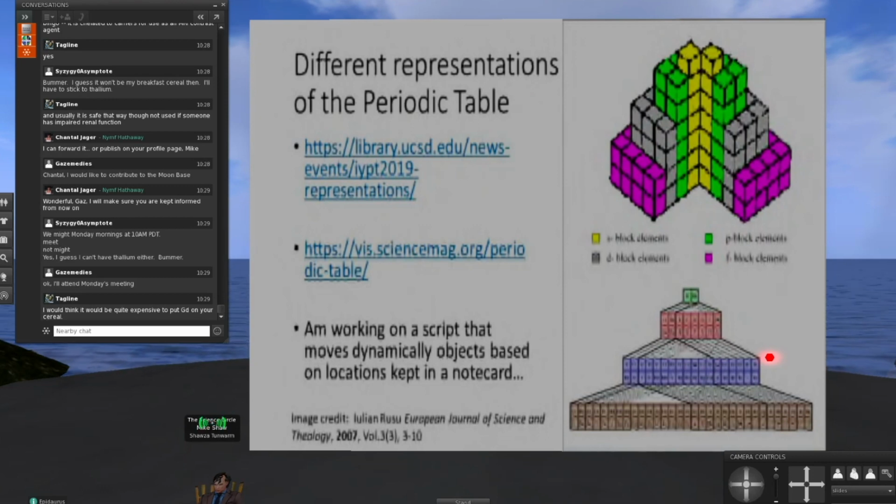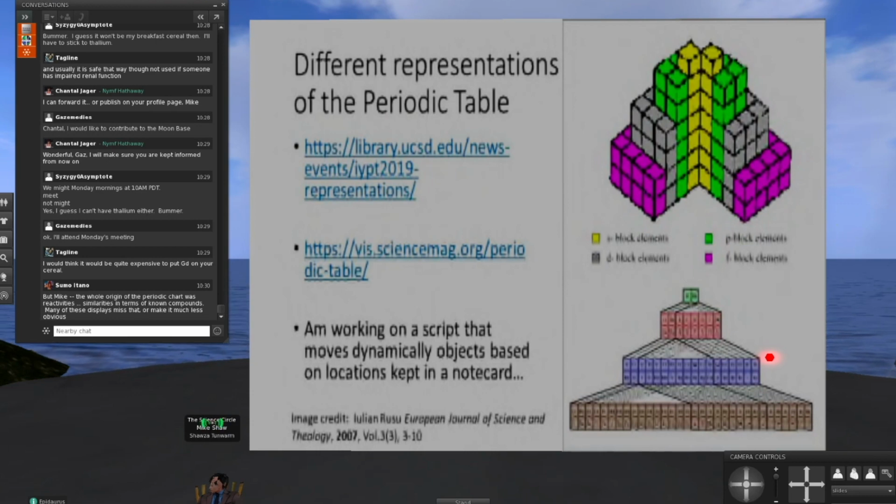One of the things, some of you may have noticed, I've been in Second Life a lot lately. I've been working on a little script that moves things based on locations kept in a notebook. And I'm thinking about using this to animate some of these periodic tables so that they can reconfigure themselves into different forms. I'm going to show you the initial version of the thing I've made, and it's real basic, but you know,